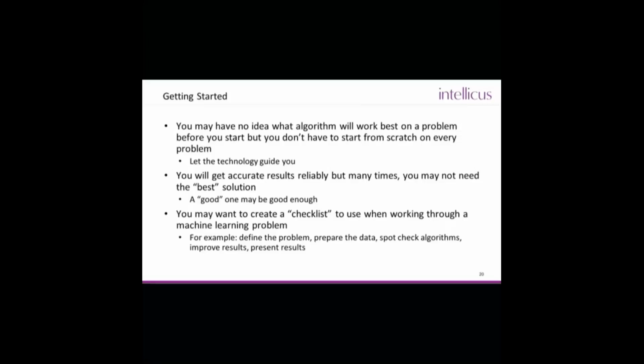Spot check your algorithms always. Are they running efficiently? Are they running correctly? Are we getting too many false negatives, too many false positives? Make sure you do check on those algorithms and improve the results. Tweak the models. Change the data if you have to. And then, of course, the last thing on the checklist is, how do I present this data? How do I visualize it so that people can understand exactly what I'm doing here? And then you can move on and deploy that model.